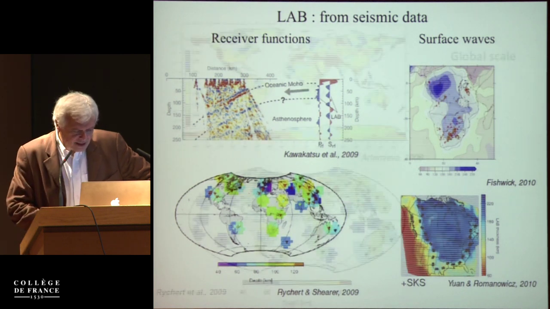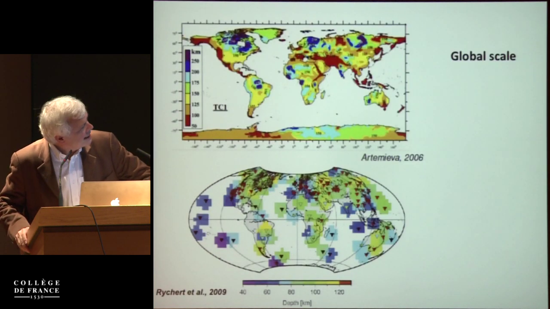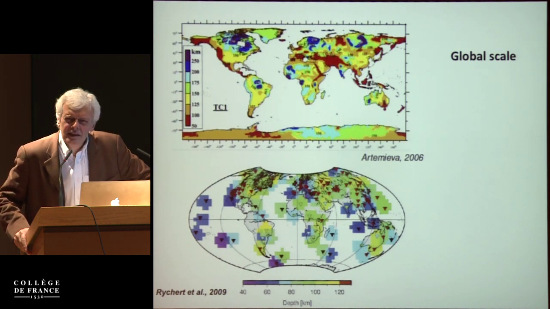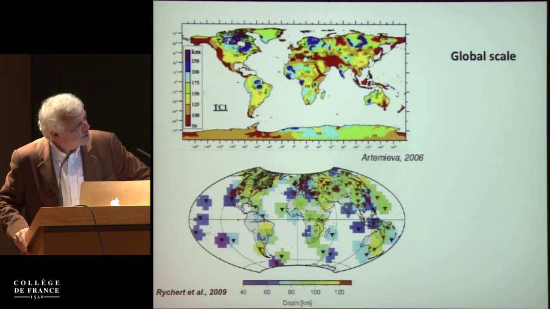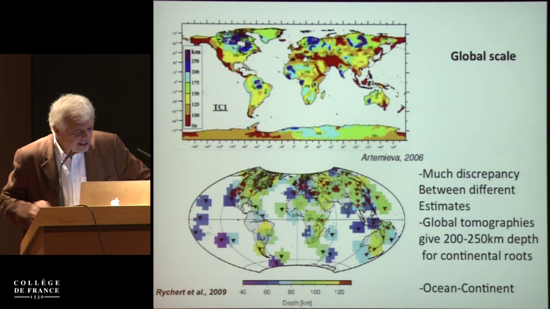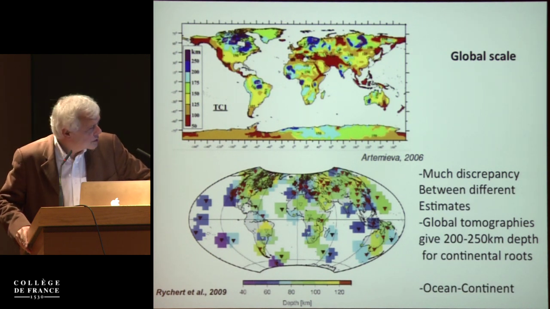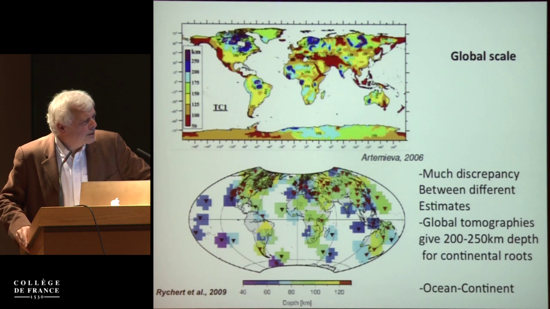So we really have a problem of discrepancy between these kinds of data. At the global scale, we also have other information from heat flux. That's a figure from Artemieva, but as you can see, most of the information is below continents and very few below oceans. So I will focus my talk basically on oceanic areas. As I mentioned, we have discrepancy between different estimates of the LAB, and surface waves provide continental roots down to 200, 250 kilometers, whereas